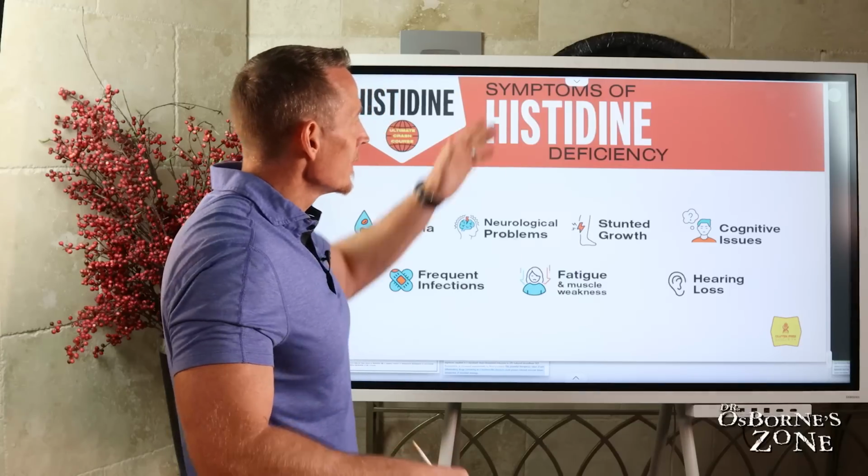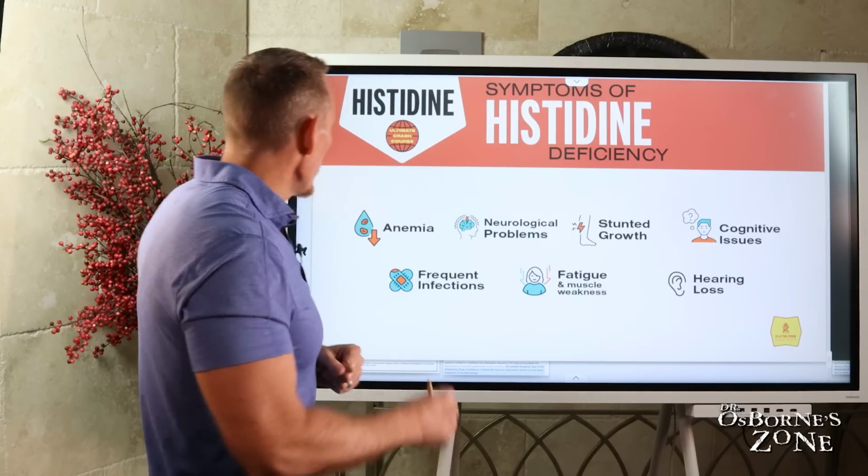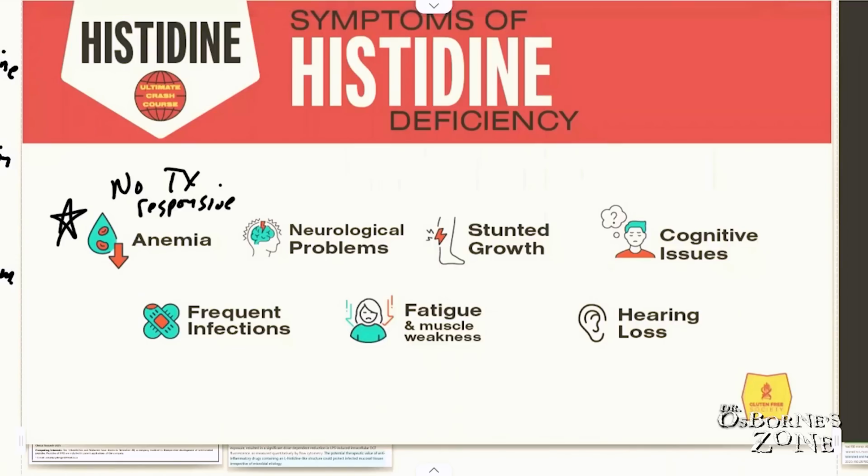Let's talk about symptoms of histidine deficiency. Some of the core ones, and these are in humans, right? So anemia, especially anemia that's non-treatment responsive, meaning you're taking iron to correct the anemia and it's not working. You need histidine to help shuttle and bind iron to make hemoglobin. So if you have a non-treatment responsive anemia, you might consider asking your doctor to measure your